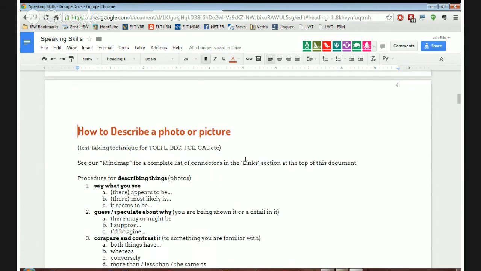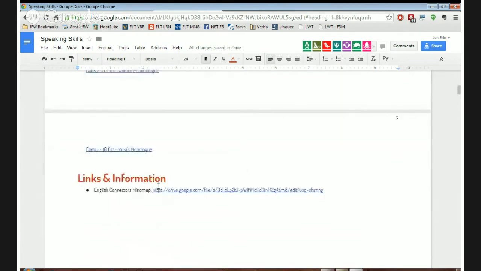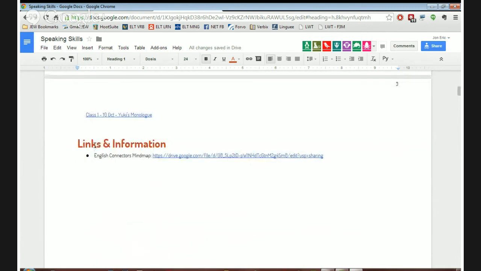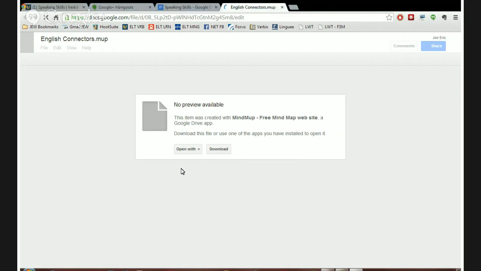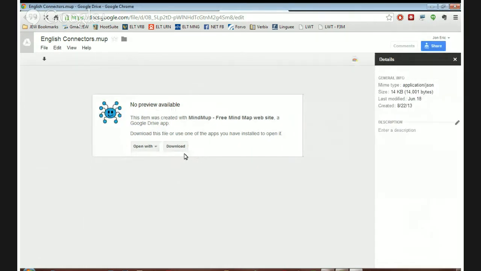A second thing to keep in mind is all of our key expressions are in a mind map, which I put on page 3 where it says links and information. So you can open this yourself if you like. I'll share it with you today on screen, but you can open it yourself as well and use this, especially after class. If you want to practice, you can always open this up. You might get this message that says, no preview available, download. So if you do that,